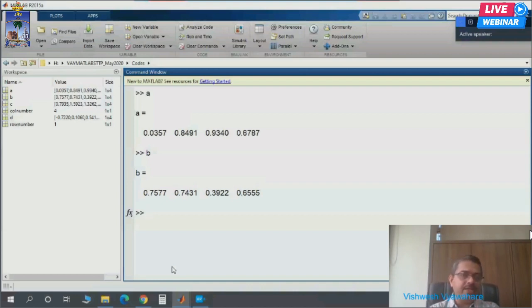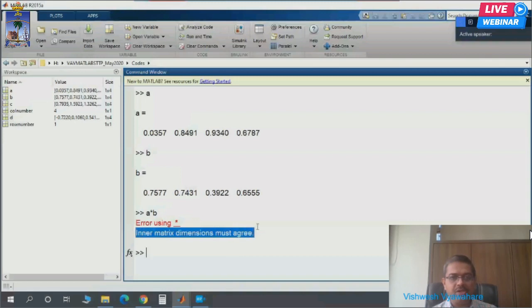Okay, the problem here is that if I directly write A star B, MATLAB is going to prompt an error. It says inner matrix dimensions must agree. Why is this given by MATLAB?